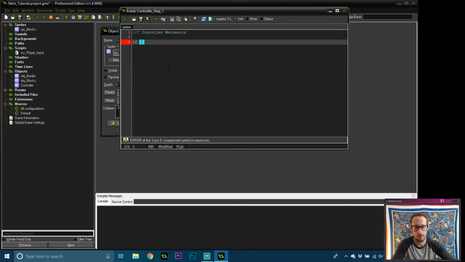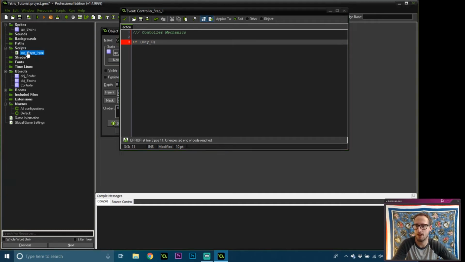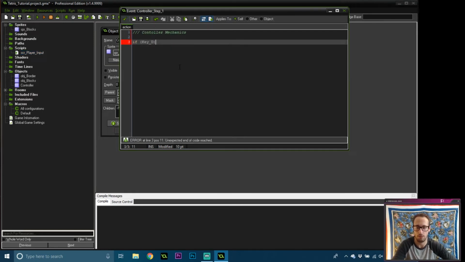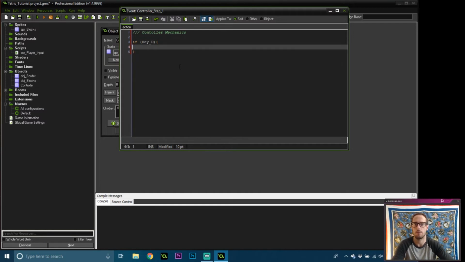So we're going to say if key down is ever pressed. I messed up. Key down should not be check pressed. Now, if you're unaware, check pressed will read 1 at the instance that the key is pressed, but it will quickly turn to 0 in the next frame, even if you hold the key down. Keyboard check, as long as a button is pressed, it will retain that 1 value, and that's what we want for this. For the rotation, we want to rotate 1. For the left and right, we want to just shift over 1 space, so that'll be fine. But we're going to